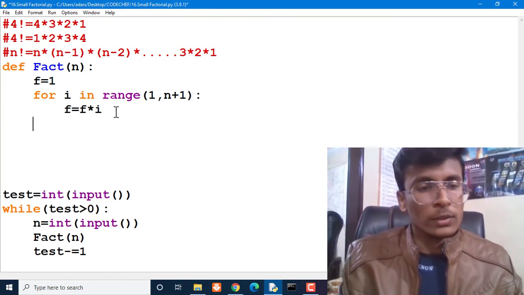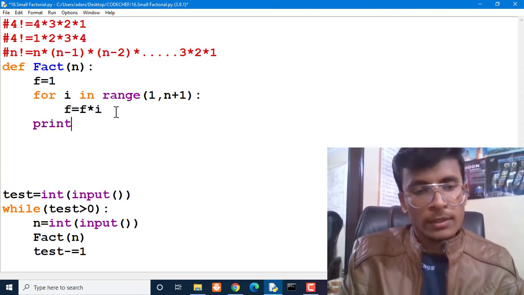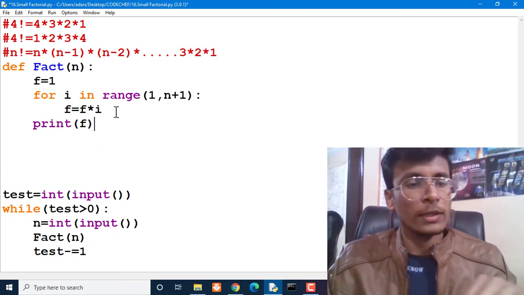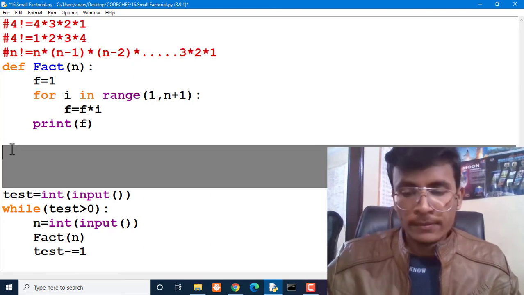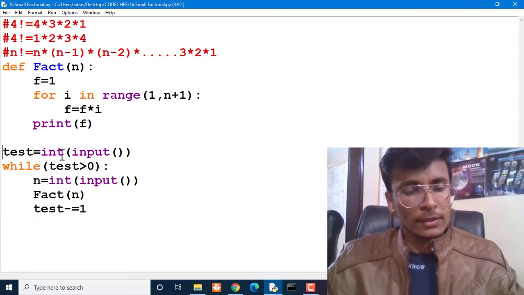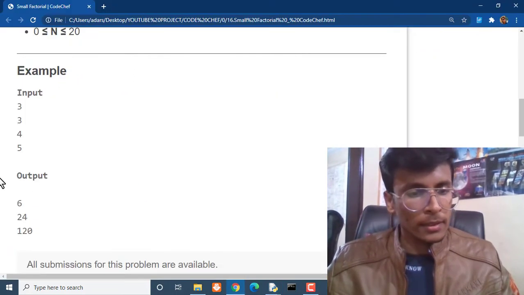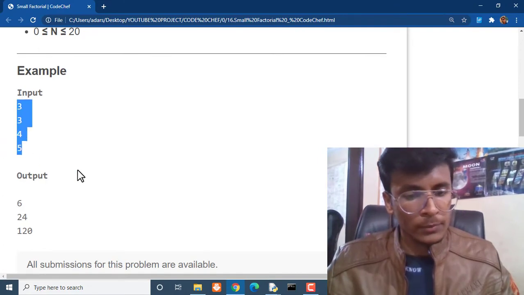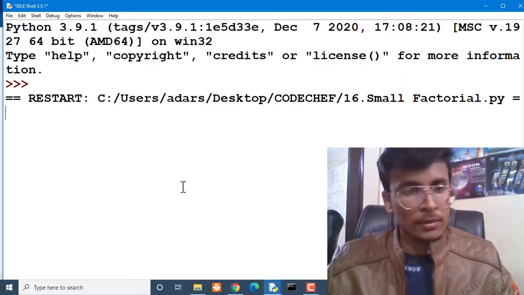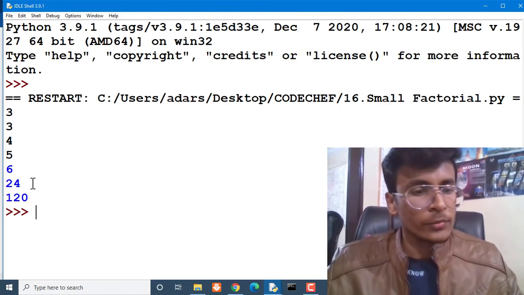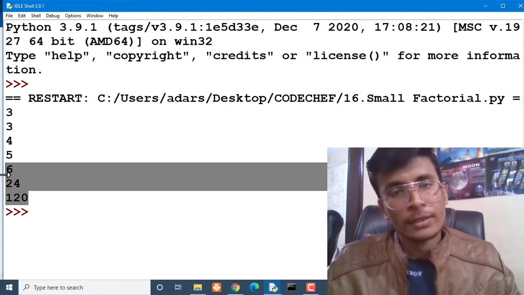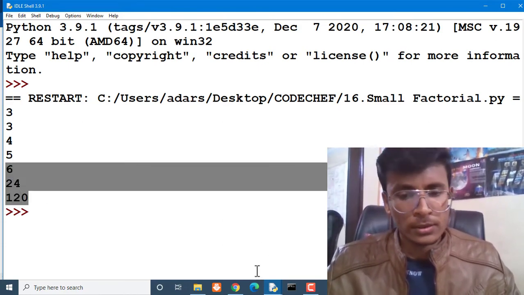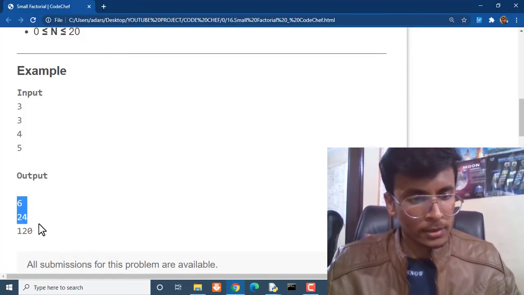Then we get the factorial value, and finally we print the value of f. Let's see whether this code works or not. The input values will be 3, 4 and 5, and the output is 6, 24 and 120, and I think it's the correct result.